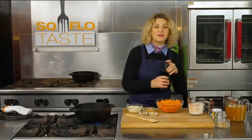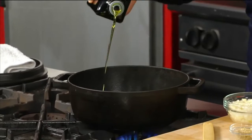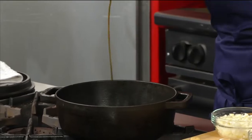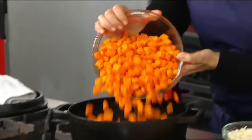We're going to add a little bit of olive oil, which I usually don't start by cooking soups in olive oil, but for this one, I love the flavor of just a good everyday simple olive oil, nothing fancy, but I also combine it with some sesame oil. We're going to jump right in, adding in the carrots,